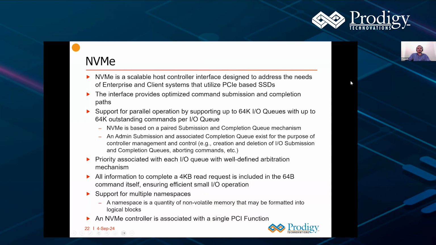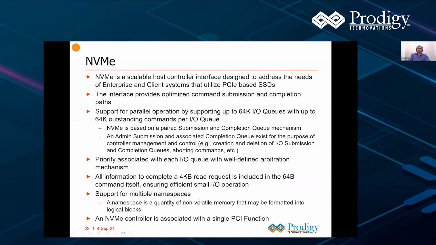So it supports optimized command submission and completion paths. Basically, it supports up to 64K IO queues with up to 64K outstanding commands per queue. So you can queue your commands so that the other side can fetch the command and execute it, so that the involvement of the root complex or the processor can be minimized. And it supports a lot of features like priority, basically weighted round robin priority with options for high priority